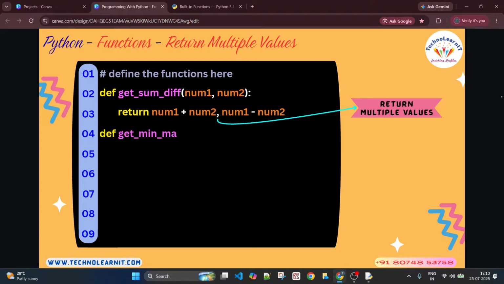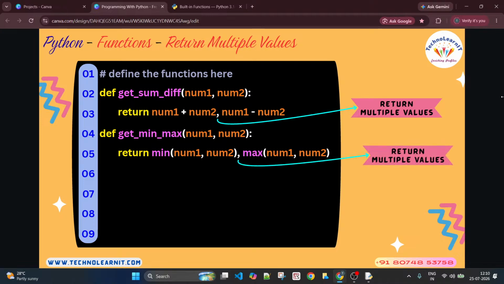and this is an example of a function returning multiple values. Another example here is another function called get min max. It also takes two parameters, and between those two parameters, it will find the minimum. It will also find the maximum, and it is supposed to return both the values. It should return minimum as well as maximum. So this is also an example of a function returning multiple values, right? And how do you call these functions?